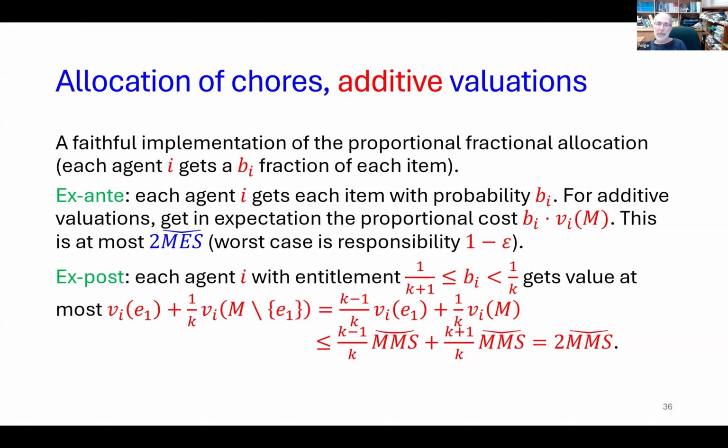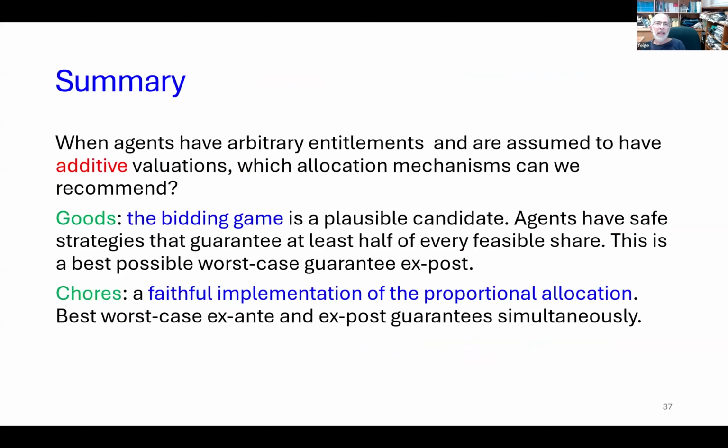So, and this is the best possible approximation ratio with respect to MMS rounded down. So this is the proof of the best of both worlds results. So as a summary, one question we can ask ourselves: we develop a theory of fair allocations where we provide definitions and prove results, but somehow the end goal is